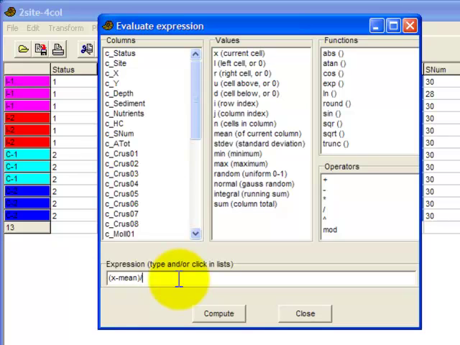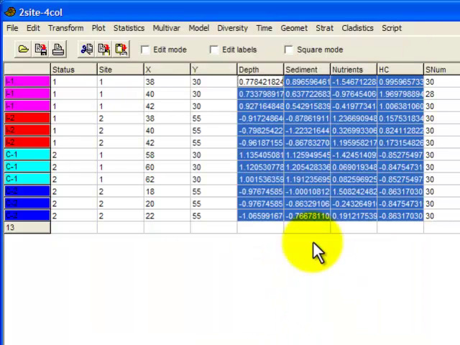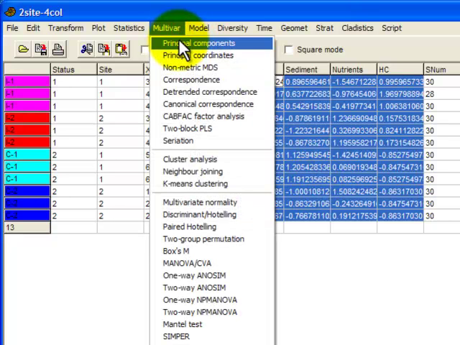I find it easier to type than to point and click in here, and compute and close. And I selected the variables I wanted to transform before starting, and it's now transformed all of those. So PCA, multivariate menu, principal components,